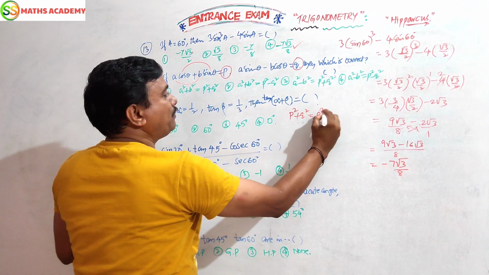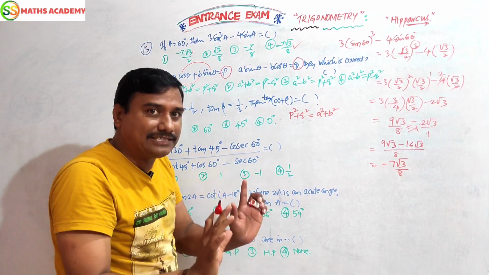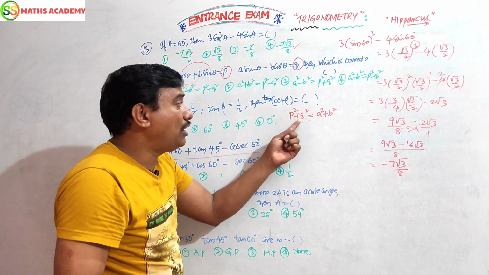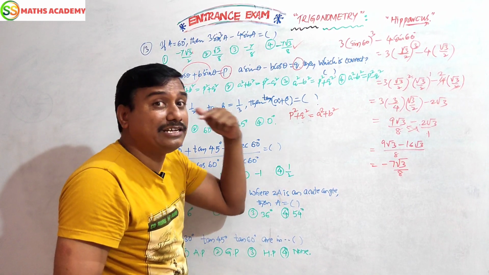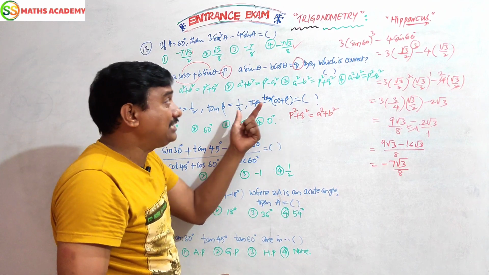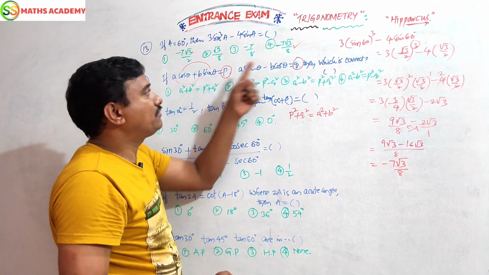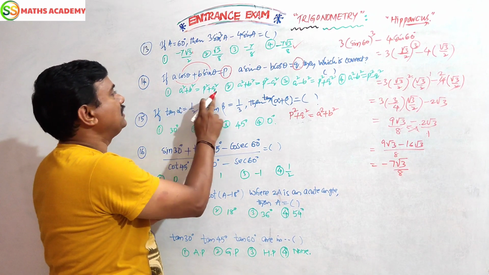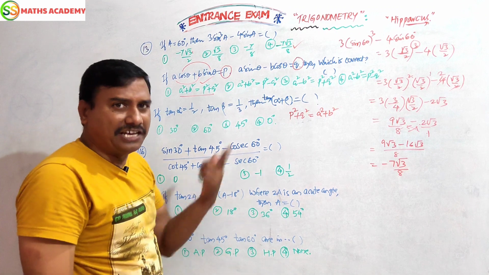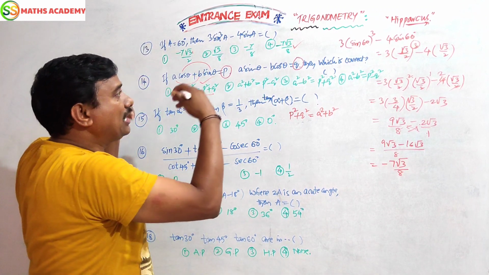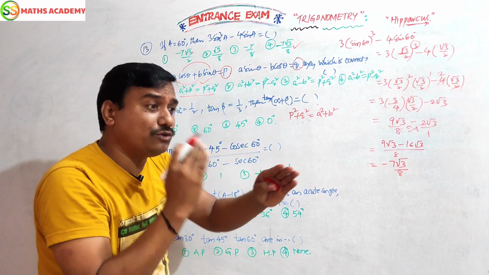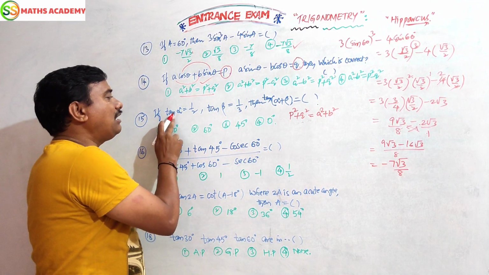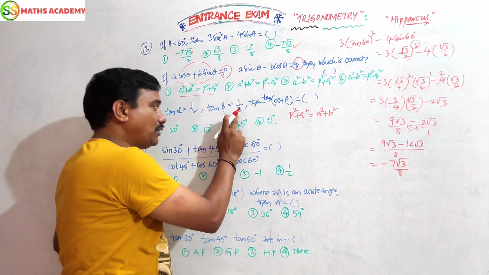Here what are the values? A, B. A square plus B square. Direct answer. Sin, cos only plus, the remaining ones negative. Sec, tan, cosec, cot given, here we have to write Q square minus P square equals B square minus A square. But plus is given, sin cos given, that time you can write P square plus Q square is equal to A square plus B square. This is your option. Direct answer. Otherwise you can square both sides, from equations 1 and 2, add them, then you will get the same answer.